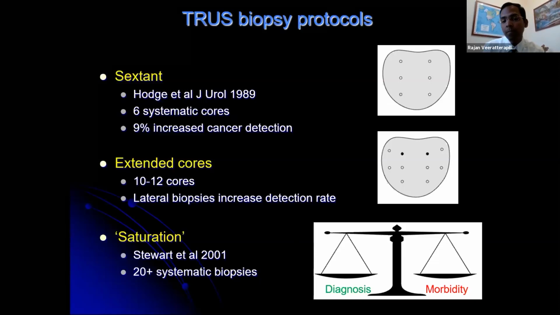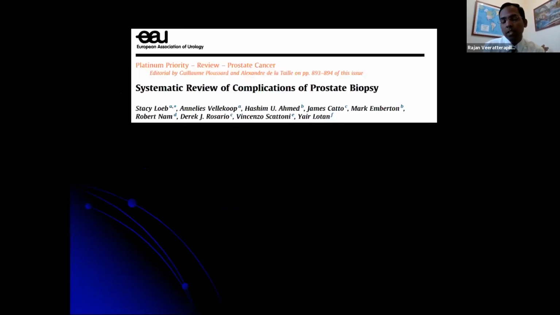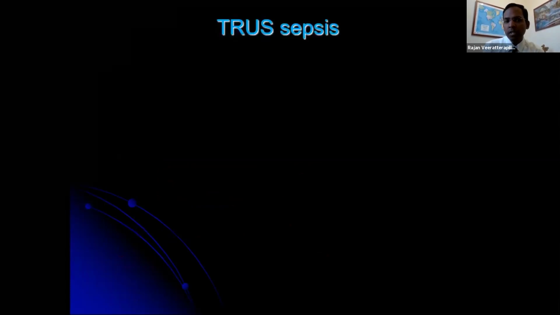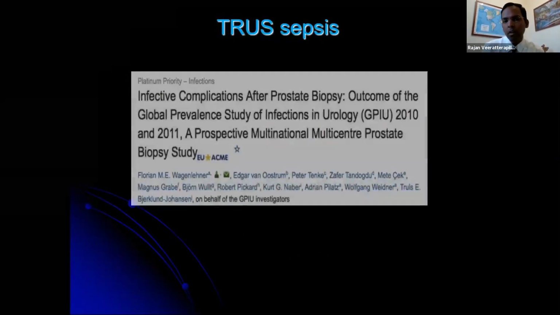from the procedure. What is the morbidity associated with a transrectal ultrasound and biopsy? Well, bleeding. Bleeding will happen in most patients, either from hematuria, hematospermia, or rectal bleeding. Infectious complications in the systematic review were up to 6.3%, and a small proportion of patients will develop urinary retention. Trust sepsis is a big concern for urologists around the world performing transrectal ultrasound and biopsy, and this was